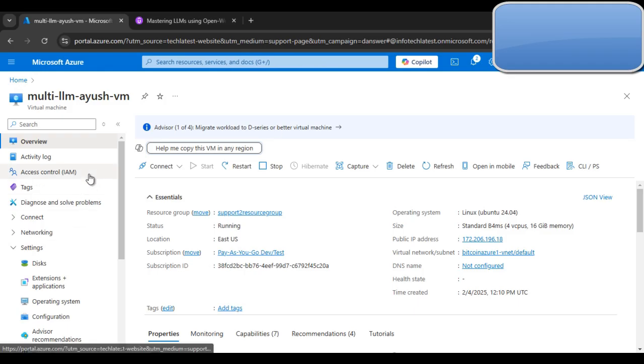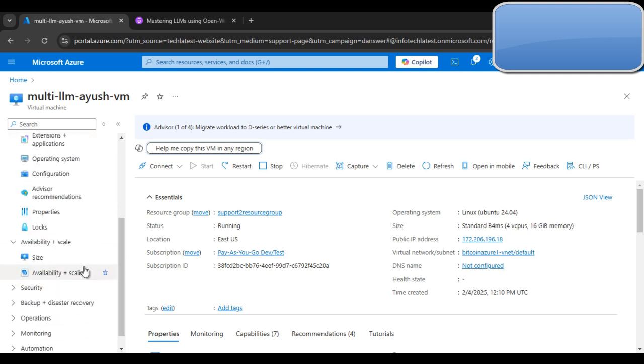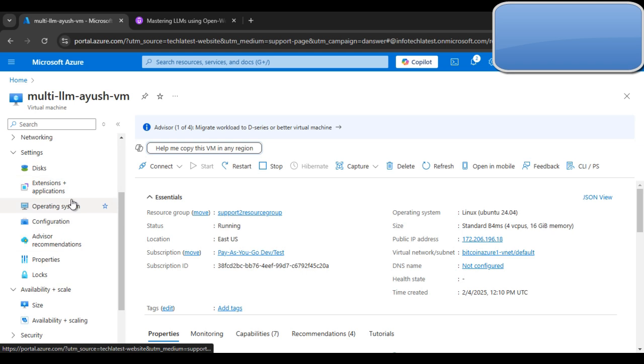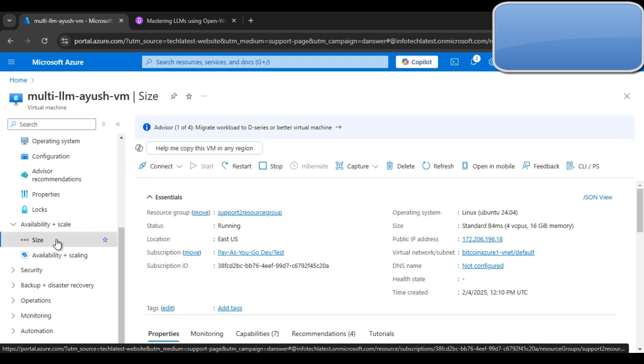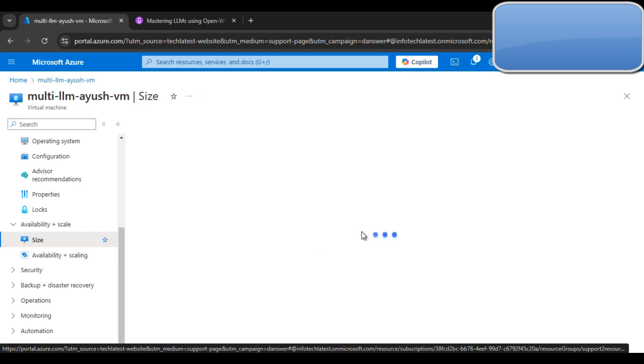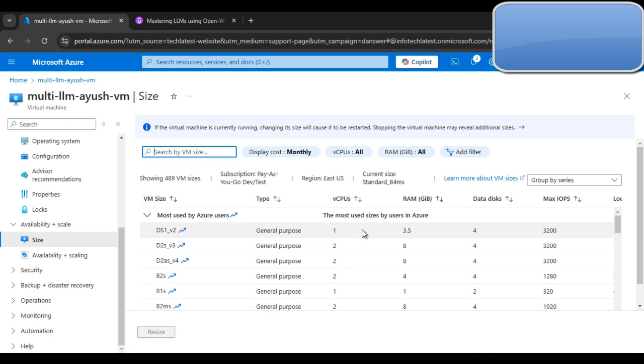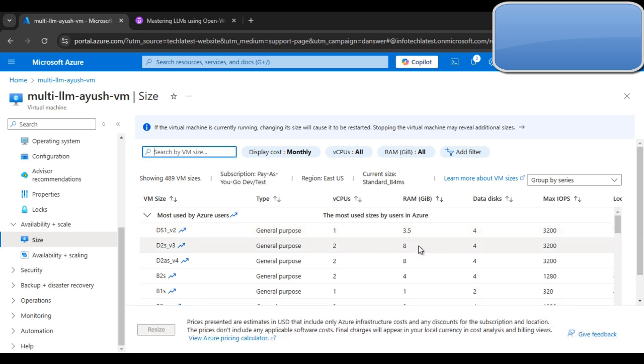Like if you check my VM, I am running my VM on Microsoft Azure. When you go on Microsoft Azure and click on the size option, here you can see that my VM size is very low because I am just using it for demo purpose. If you want to increase the VM size, for example, if you run some big models,